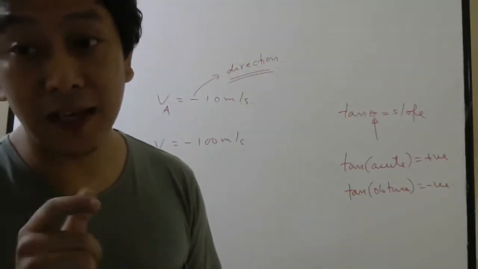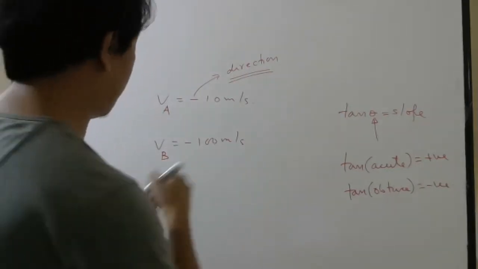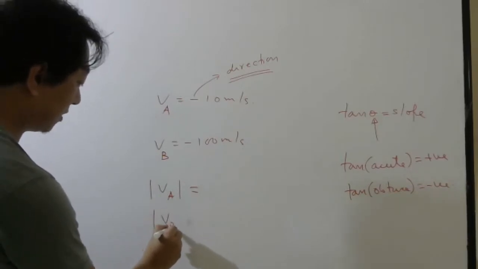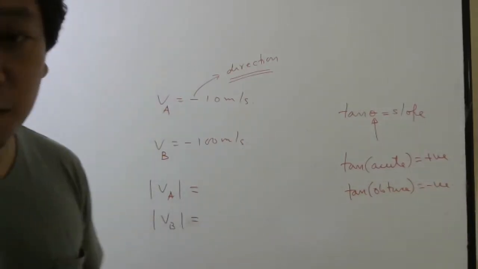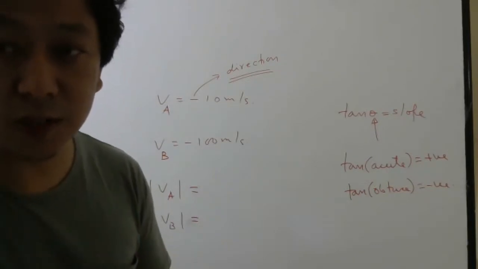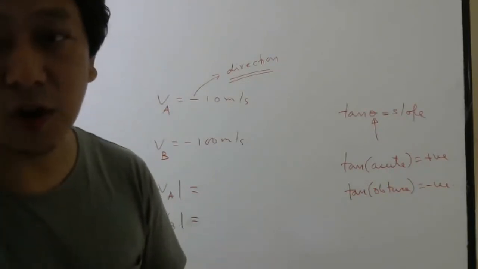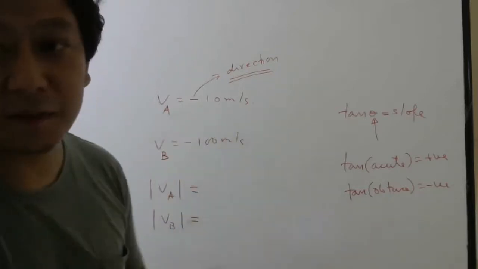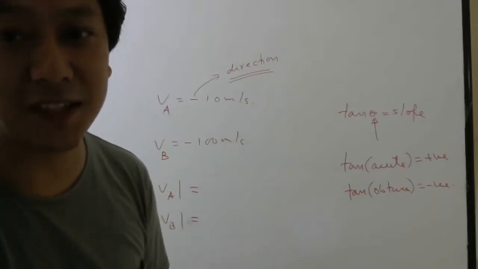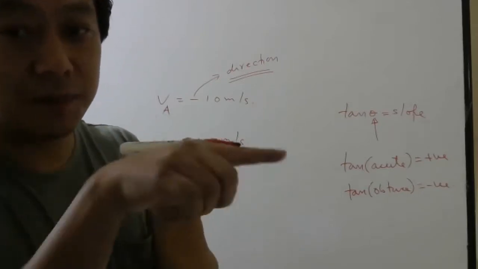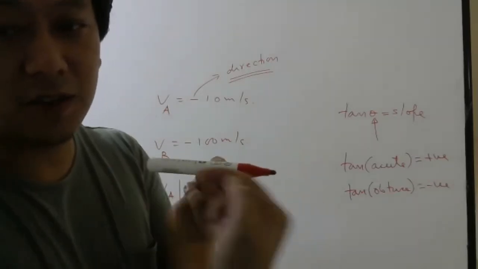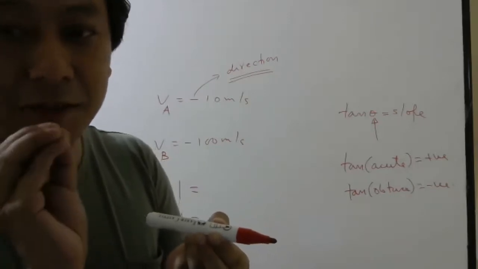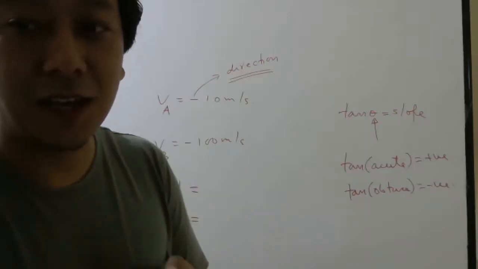I'm talking about magnitude. Magnitude means modulus. Modulus of velocity of A, modulus of velocity of B. So when I talk about faster or slower, I'm always talking about how much distance or displacement it makes per second. I don't care whether it is minus or plus. The minus or plus is to tell me about direction. So if you take this direction positive and some car is coming this way, then we write negative for that velocity. That negative sign is not there to tell you it is moving less than 0.